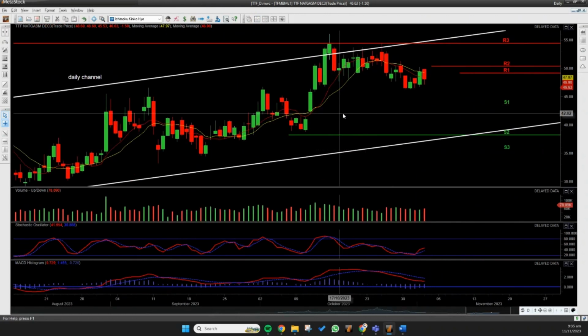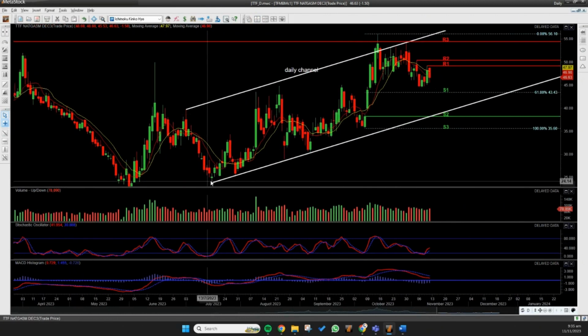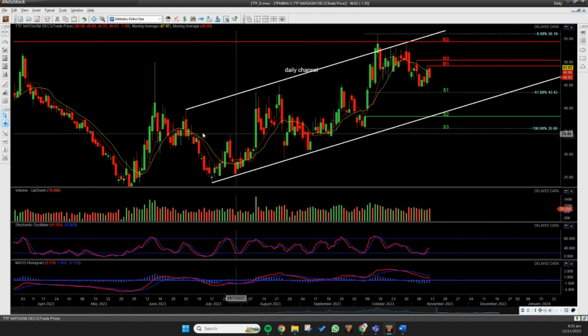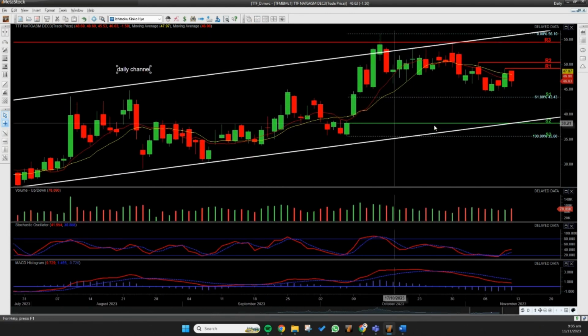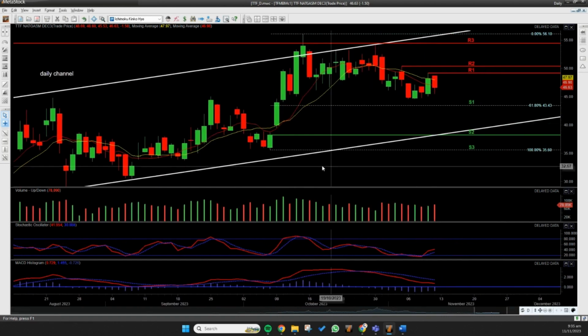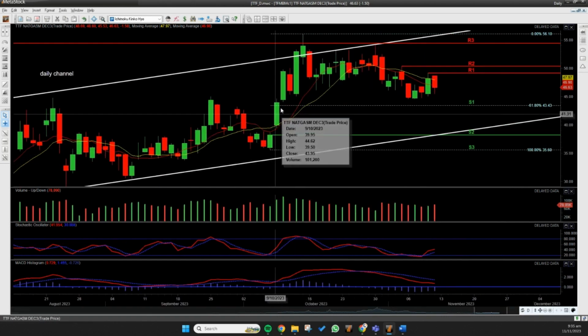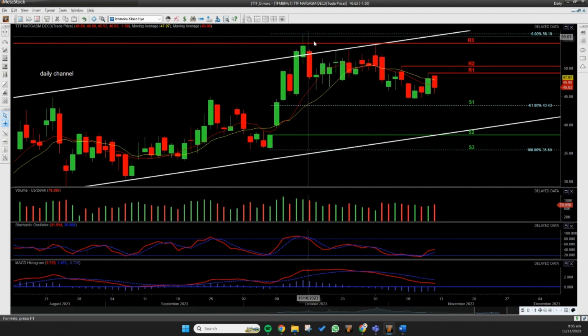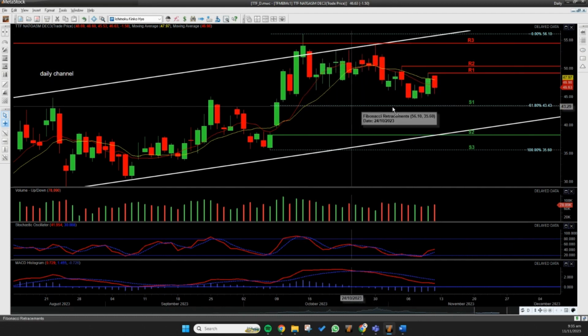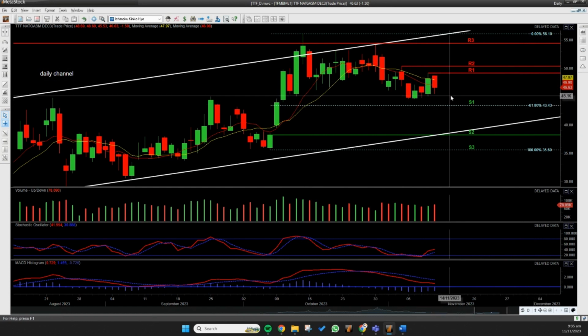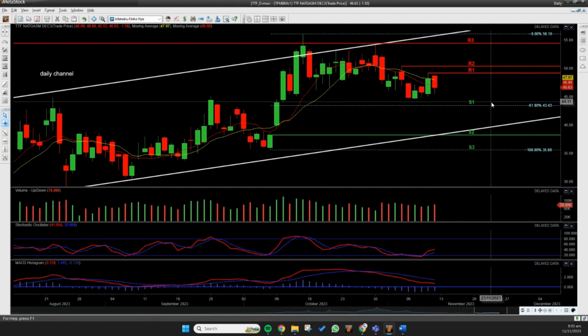So what's happening on the daily chart? Zooming out, we do see that, all right, we do have this ascending channel happening here. And we have been retracing lower more recently within the channel. So we have been retracing this up leg. We are now retracing this lower. And usually downside corrections are bottoming out in the 50% to the